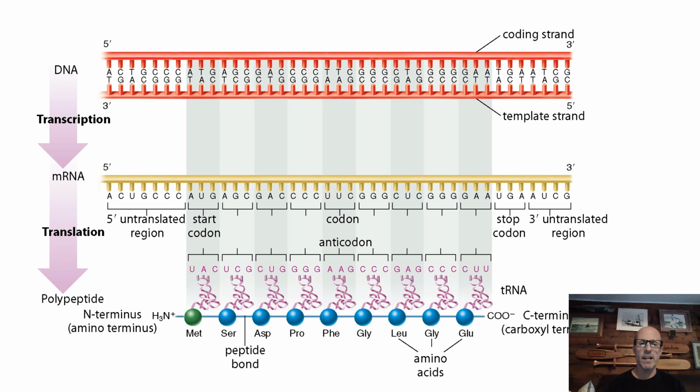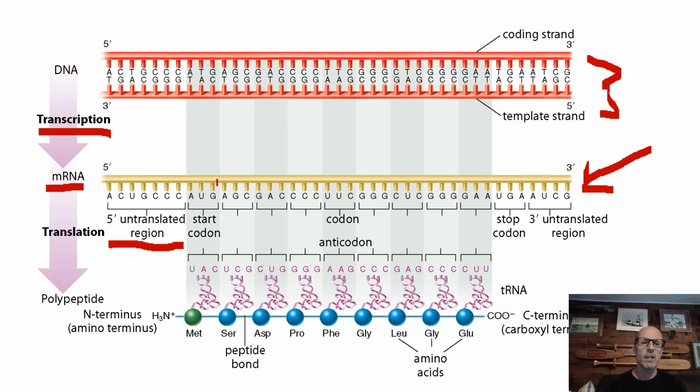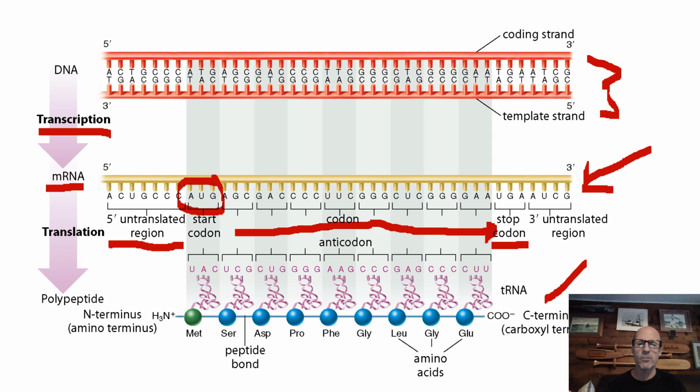This is another way of looking at what we succeeded in doing. Firstly, we had to start with DNA in the nucleus. It gets transcribed into messenger RNA in the nucleus. There's our mRNA, and you can see along this short section of mRNA, we've got the promoter sequence, which is kind of the recognition sequence at the beginning, which we'll talk about a little bit later. We've got our start codon right here, AUG, and the rest of those codons that we see here finally get read by the transfer RNA ribosome assembly until we hit a stop codon,